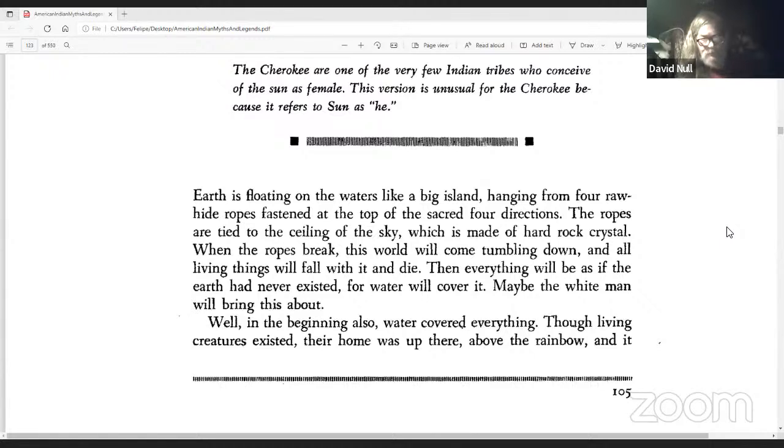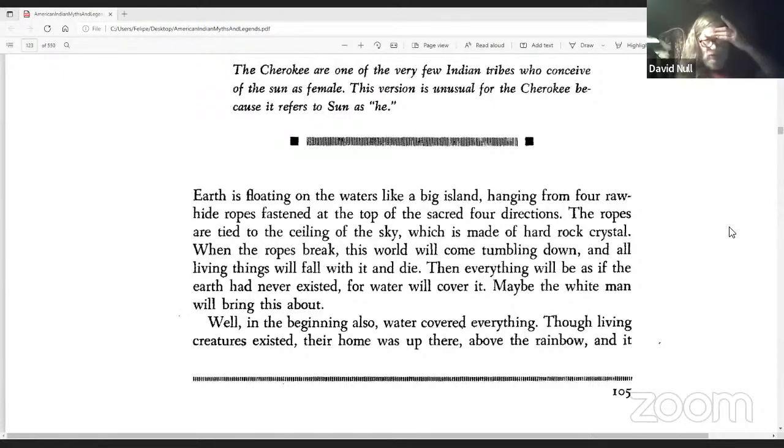When the ropes break, this world will come tumbling down, and all living things will fall with it and die. Then everything will be as if Earth had never existed, for water will cover it. Maybe the white man will bring this about.